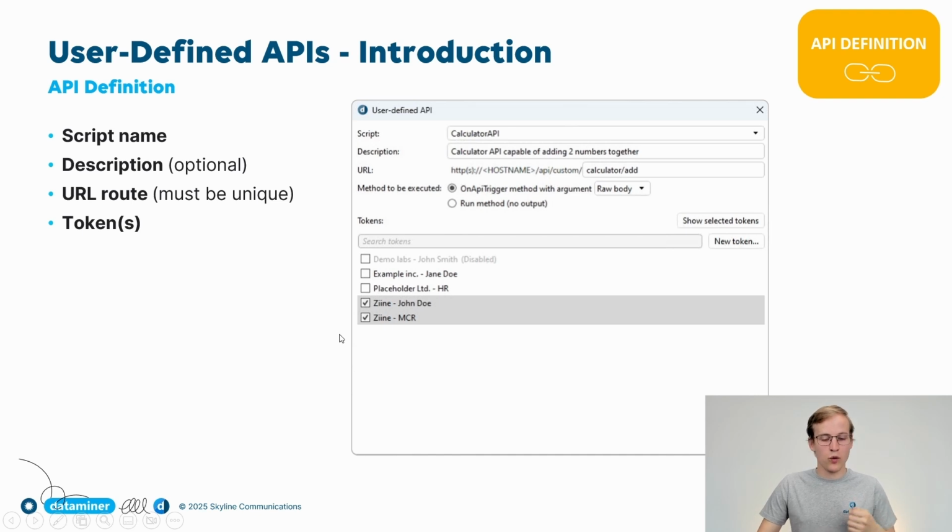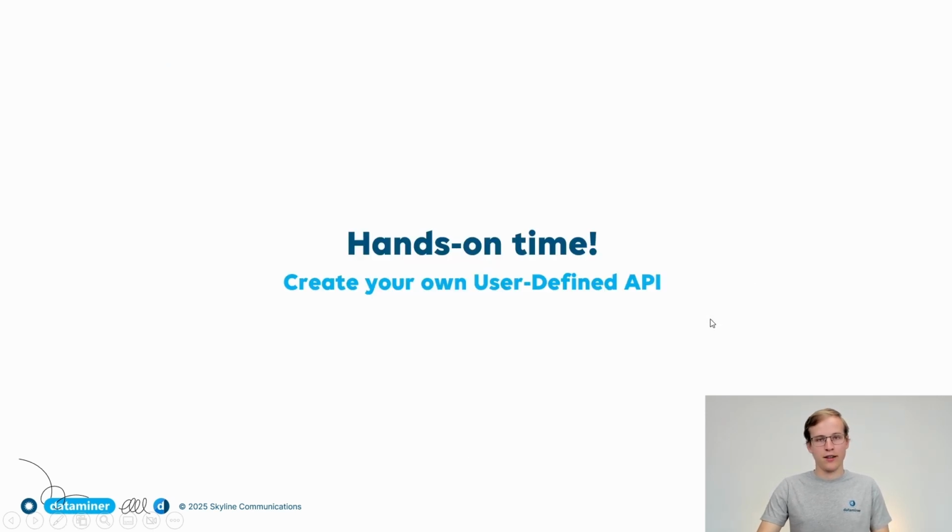It's very important to select the right tokens here. In the visualization in Cube, you will see all the tokens that are available in your DMS, and you can select all those that should have access. You also have a button to create a new token there as well. So that's pretty much it for the explanation of what user-defined APIs is all about, the three different